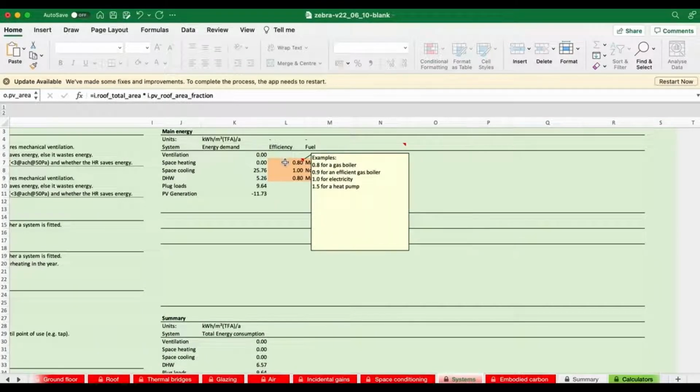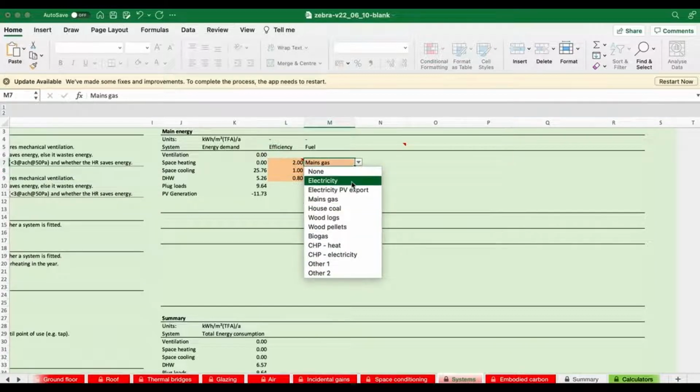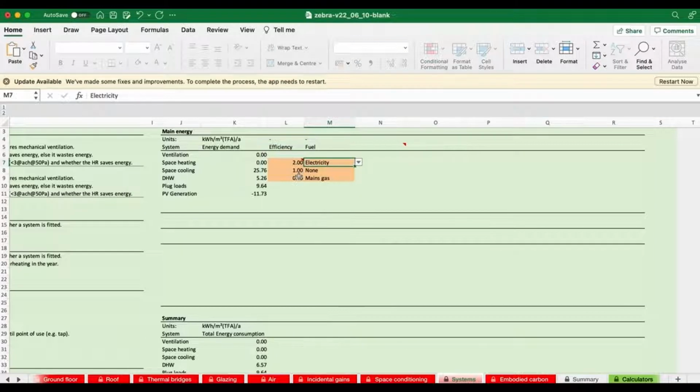Now we're going to do our space heating with electricity. So we're going to do it through an air source heat pump, or an air conditioning unit, with an efficiency of 2. And it will run off electricity. Now the actual reality is this building doesn't have any heating demand at all. But for cooling it will have.